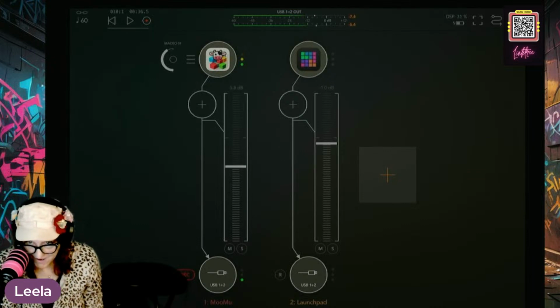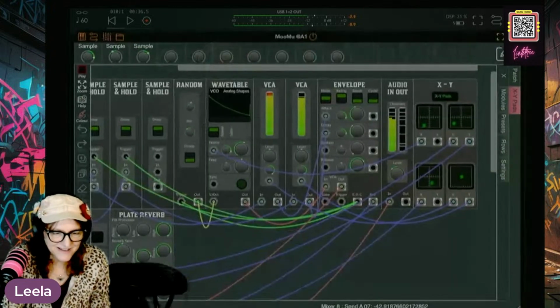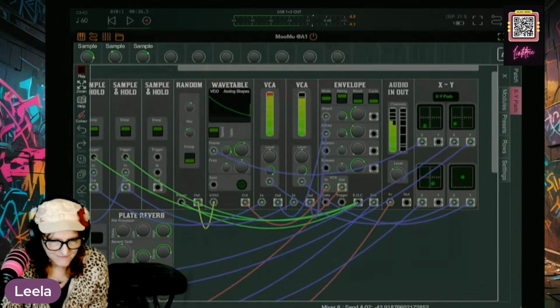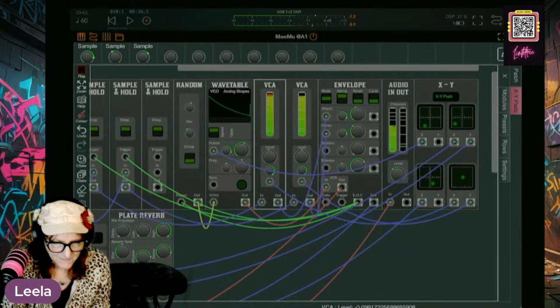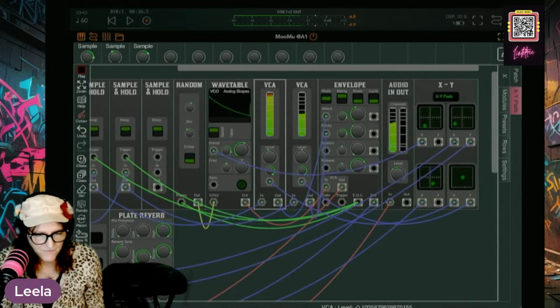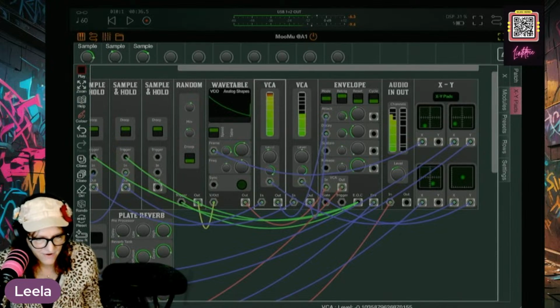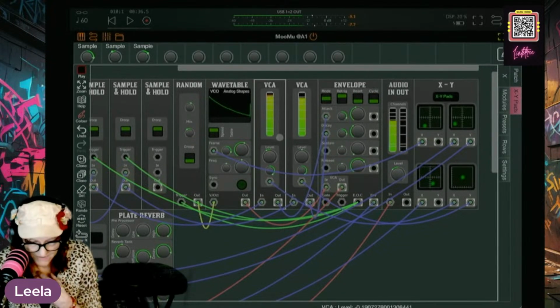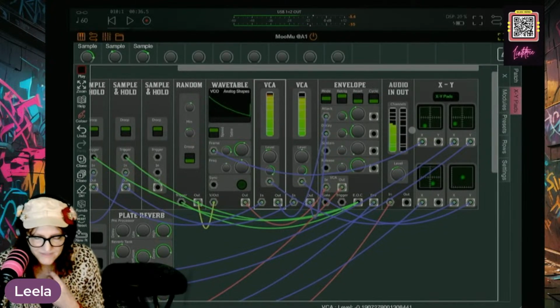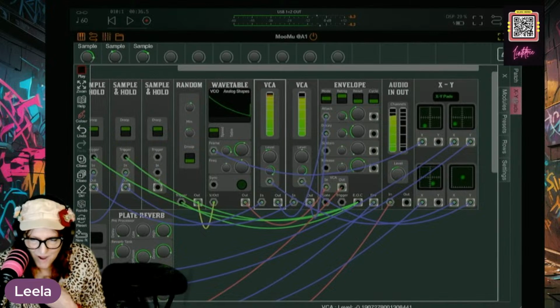You got a MicroFreak, which can do MIDI. See, look at this, sounds amazing. So if you look at this VCA right here, turn the level down just a bit. Yeah, there we go. Now it's mostly in the green. All right, let's hit up those XY pads.